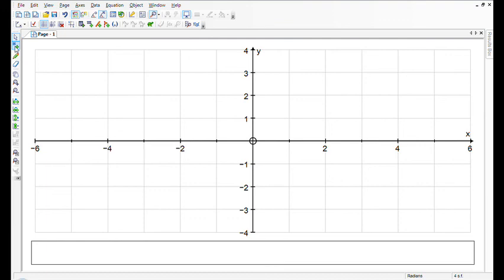Okay, now we're in advanced mode at the moment, which means I can select the point mode and I can just put random points anywhere I like on the axes there. Okay? The difference between advanced mode and standard mode is if I actually put a point on here and I really do want it on that particular coordinate, I have to be very, very careful where I put it. If I'm in standard mode, it has another